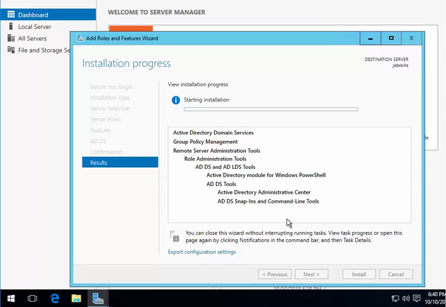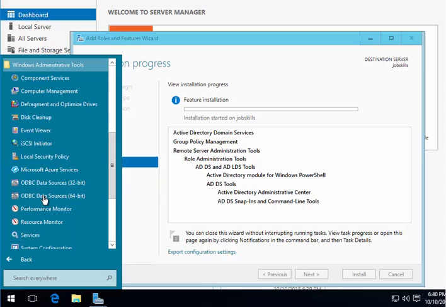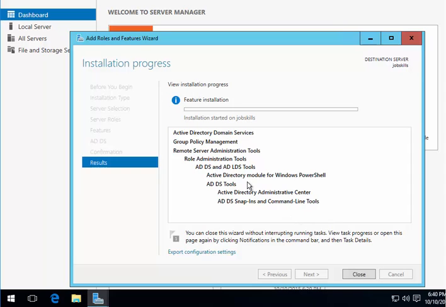How do they even see these features? Before, we don't have these options. If you go to Start and then Administrative Tools, you don't see any Active Directory options. So how did they even get to it? This is how they get to it. This is why I'm making this video, so you can see this. I'm going to stop this recording right now. Once this is finished, I'm going to come back and we'll start from there.